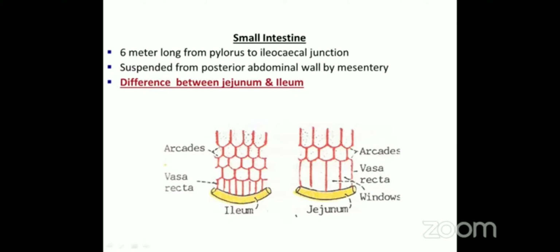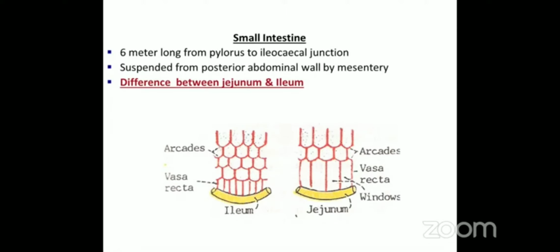What you can see here for jejunum, these are called windows. What are these windows? The mesentery will carry the blood vessels, lymphatics, nerves, etc. along with it. The arteries which are going anastomose to form these arcades, and finally they give these straight arteries which are going to the jejunum, and these are called vasa recta. These are straight arteries, that's why they are called vasa recta. Along this mesentery, here the amount of fat is less, and the arteries, if you can see, are longer and fewer in number, while in case of ileum, the arcades are more, the arteries are short, and there will be more fat between those vasa recta.